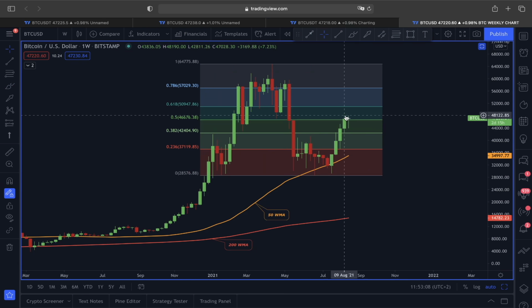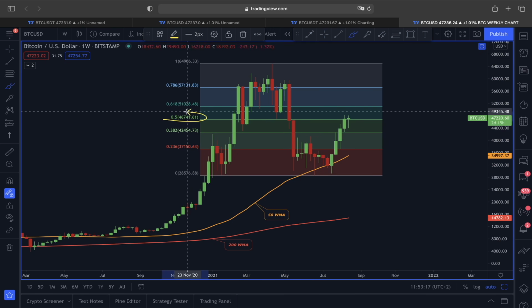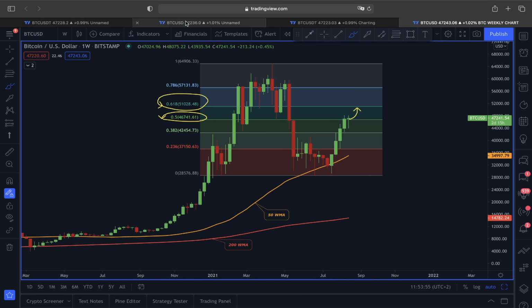Right now, as you can see, the price of Bitcoin does look like it might be actually finding a support above this 0.5 Fibonacci retracement line, and this 0.5 in a weekly is a very, very important line. So that's why around this 46,700, if we do manage to find a proper support for Bitcoin, the next target according to this Fibonacci line is also 0.618, and this is lying around $51,000. So that's why you can see, doesn't matter whichever scenario you look, also the indicators, the price of Bitcoin could be getting gravitated around this 50 to 51,000 price area before choosing an actual trend direction,